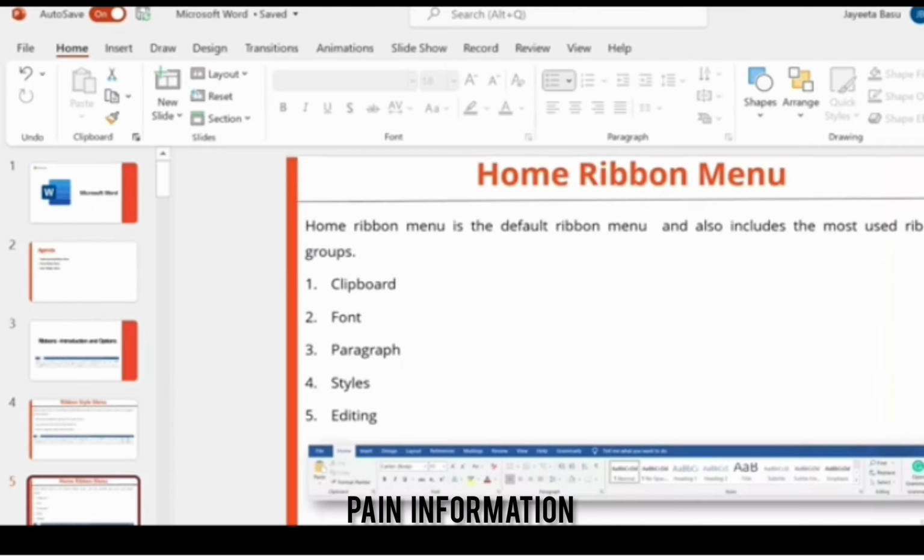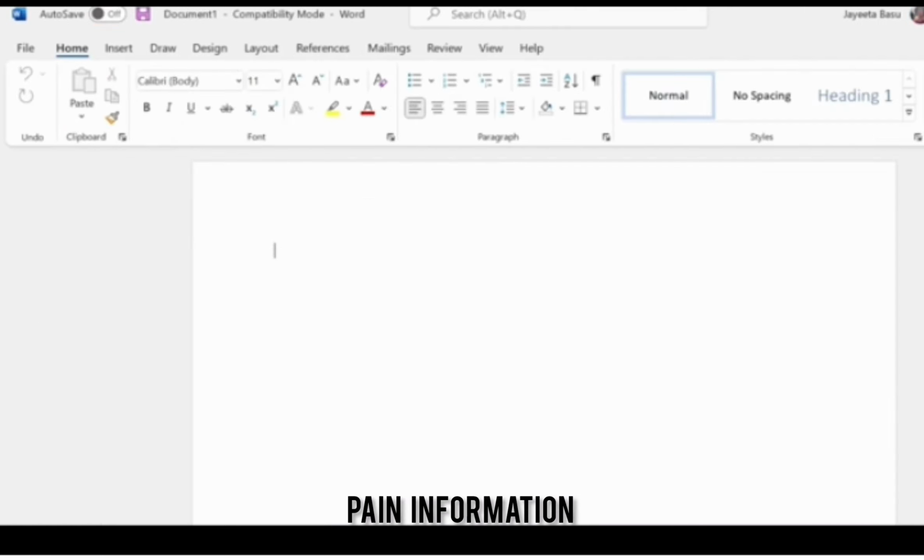So let's go back and we will open the document that we were working on. Now, as you see, when we land on the blank document, this is the ribbon menu. So all of these are the different ribbon menus that are available with Microsoft Word. As I was saying, the default ribbon menu is always the home ribbon menu. Now, the first thing you see is the undo. Let's say you write,